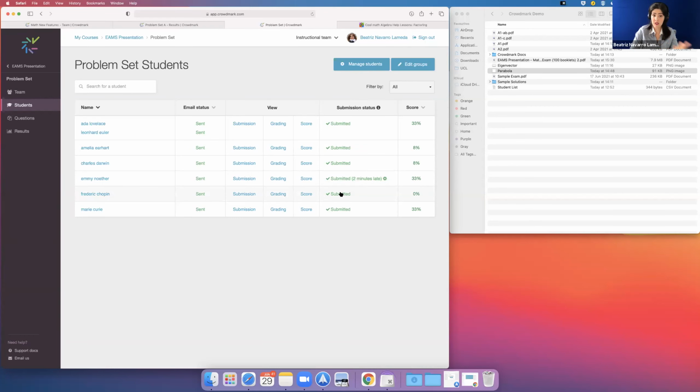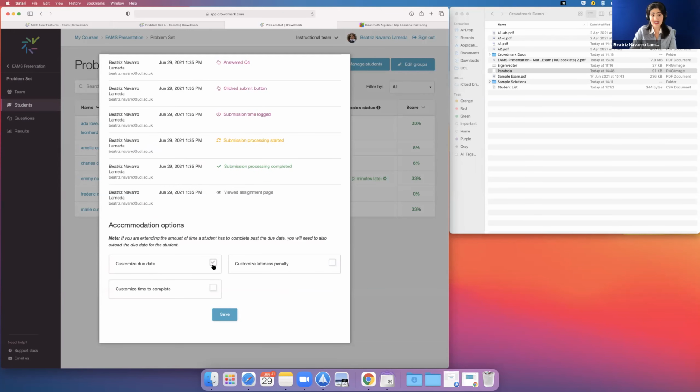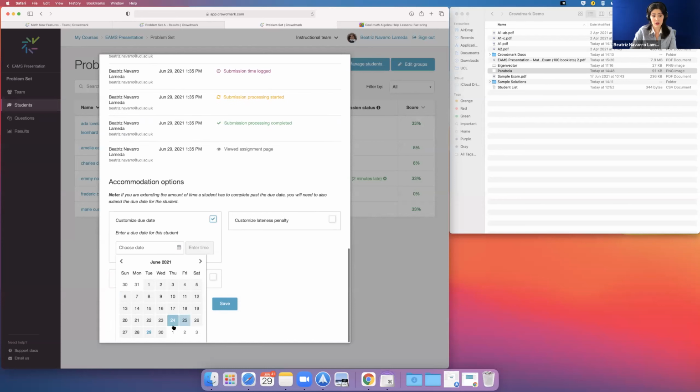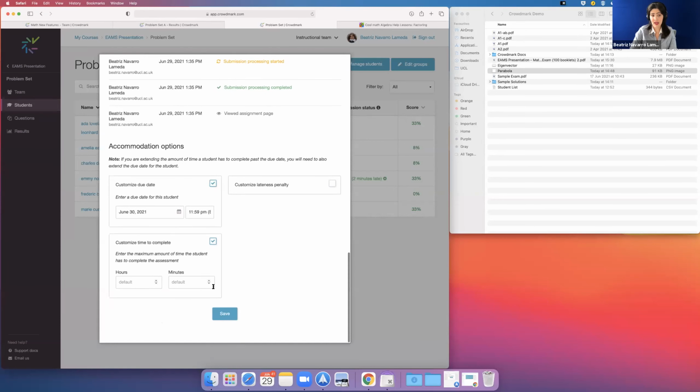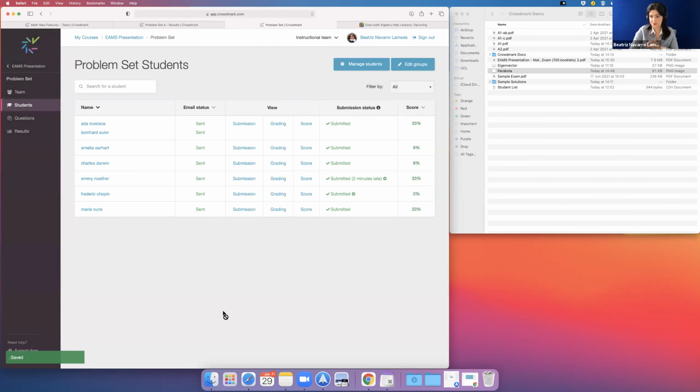Another thing that we can do on this page is, when we click here, we can adjust also the deadline for the student. So I can choose a different due date or the amount of time they had to complete it. Originally I have 2 hours and 15 minutes, but due to some accessibility accommodations, the student maybe has extra time, so maybe 3 hours. So now I can change it. And this can be changed before the student submits. But even if for some reason there was a mistake and you forgot to add extra time, you can add that extra time after they start submitting or even after they submit it altogether.